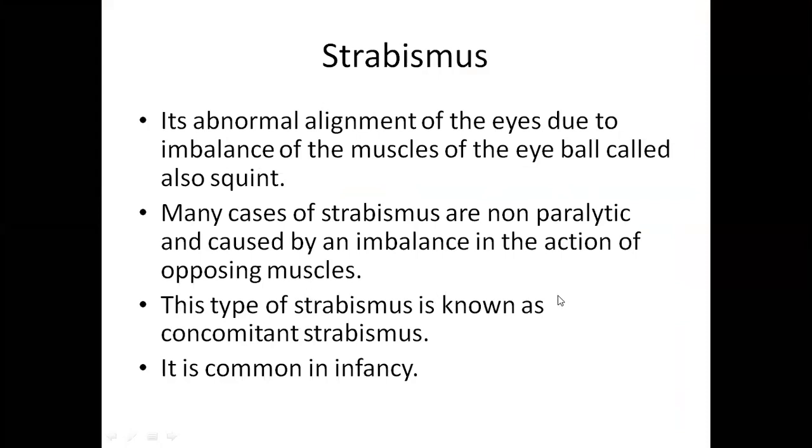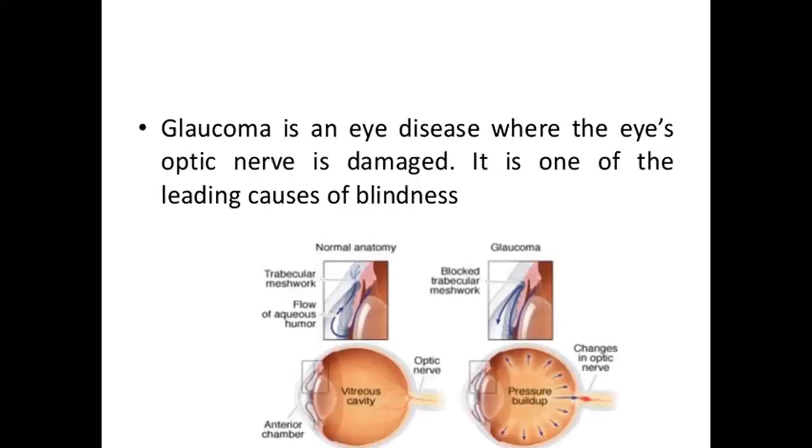This type of strabismus is known as concomitant strabismus, and it is common in infancy. ठीक है? So आपको पता चला कि what is strabismus and what is the actual cause behind the squint or strabismus. Moving forward,